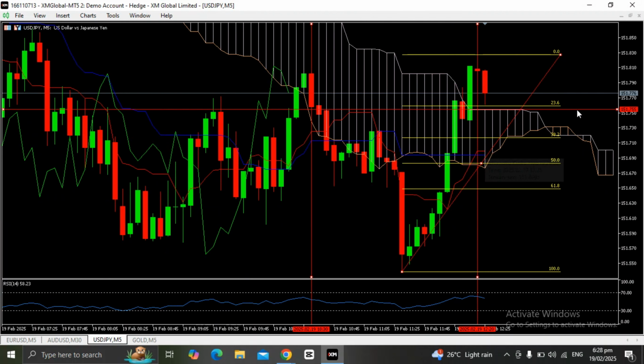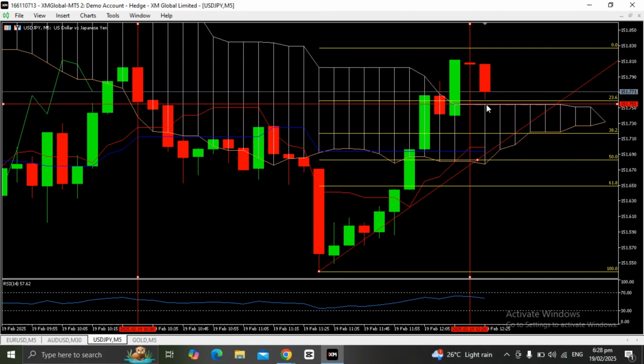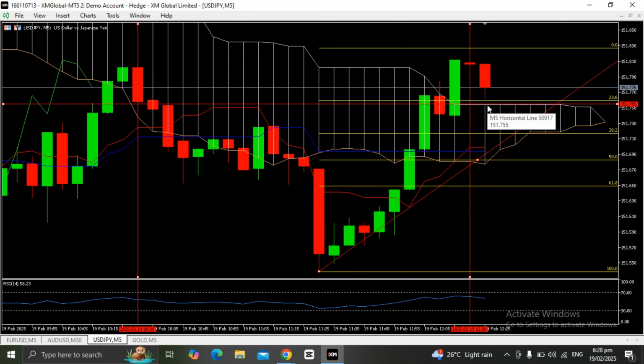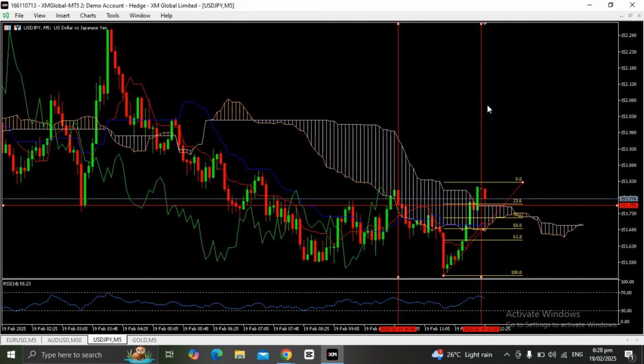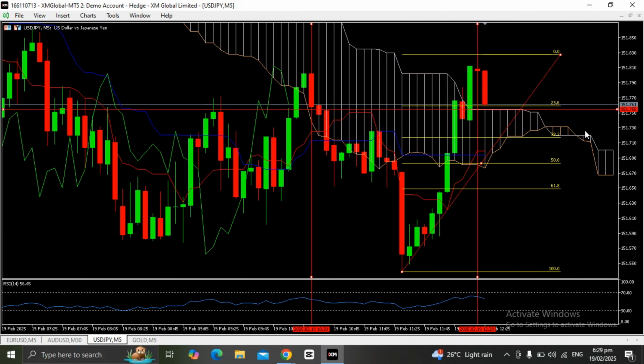Okay, let's go to the 5 minute mark. Okay, so you can see price went down almost to touch the Kumo. Okay, Kumo is this one, this part, this like a cloud. Okay, let's magnify that. Okay, as you can see, it continues to test the support if it is strong or not.